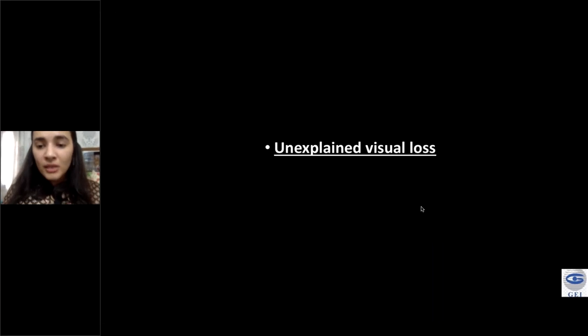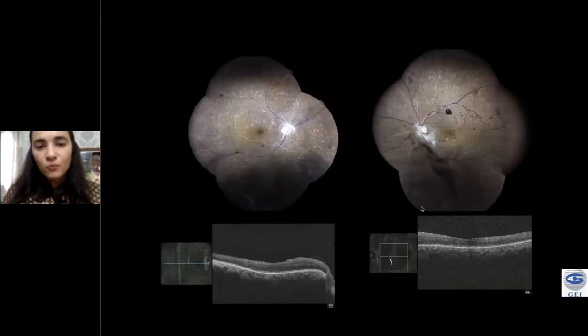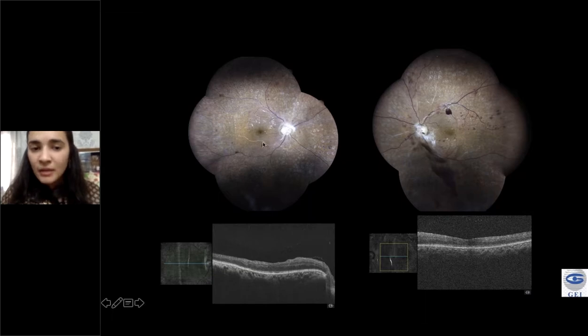Sometimes in your clinical practice, you may encounter unexplained vision loss. By that, what I mean is clinically the photo may be not as bad, and the scans may not be as bad as the visual acuities. As in this case, it was almost counting fingers at 2 meters in both the eyes. Of course, you have a little bit of a hint because the sclerosed vessels can be seen at the macula, which is a hint that it may be ischemic maculopathy. But of course, how do you confirm it?